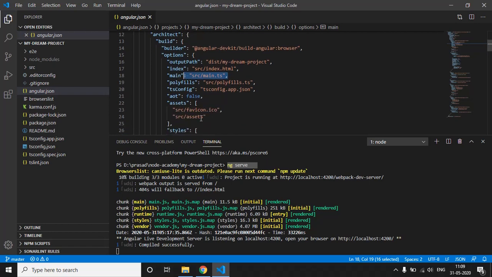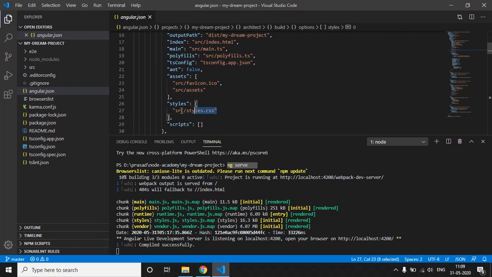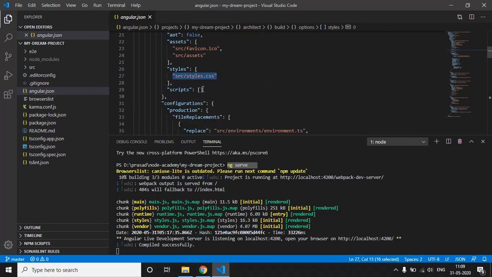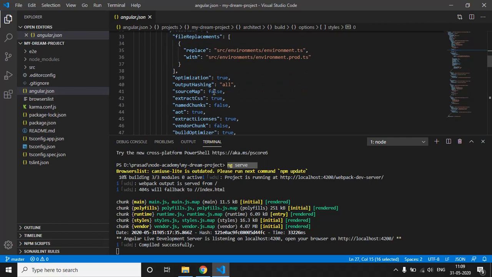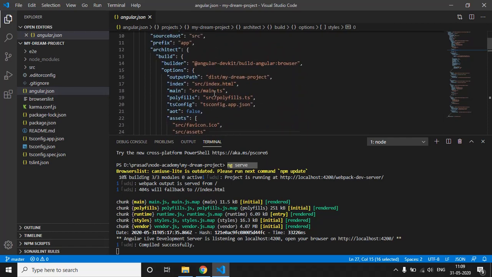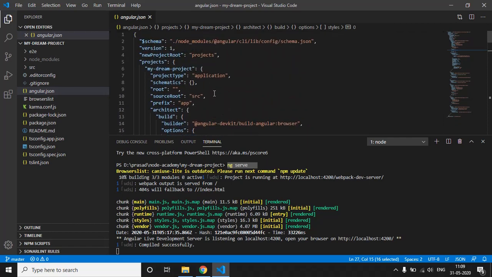Also it has paths to our assets or styling files, and we can also import some external JavaScript files into this scripts section. This is the high-level introduction to angular.json. We will dive deep inside it once we use it. So for now, this is all angular.json does.